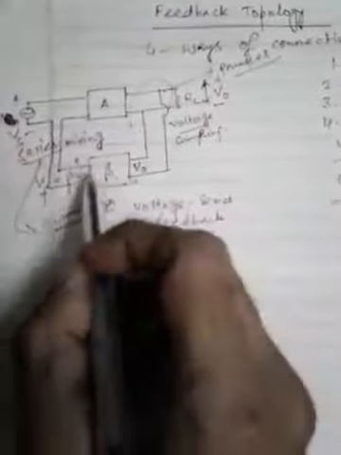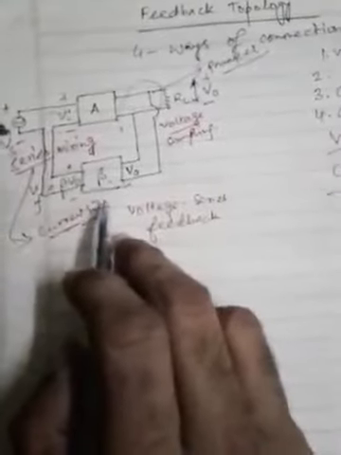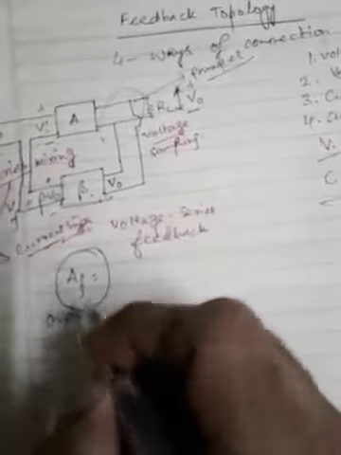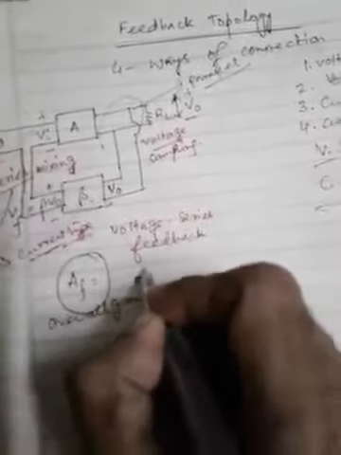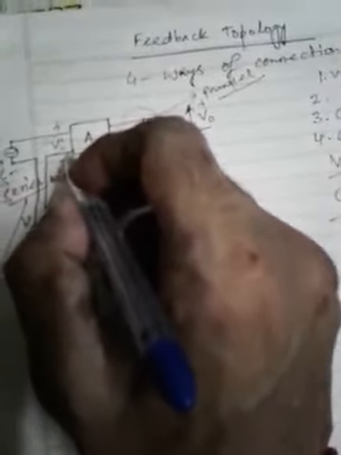So here in this circuit, after this series mixing, this input Vs is now changed to Vi, which is the actual input now to the basic or internal amplifier. Okay, so this is the connection. Now what is the overall gain here? If AF is termed as the overall gain of this voltage series feedback configuration, it should be given by overall output VO divided by overall input, which is Vs here. This is Vs, the external input, so VO by Vs.